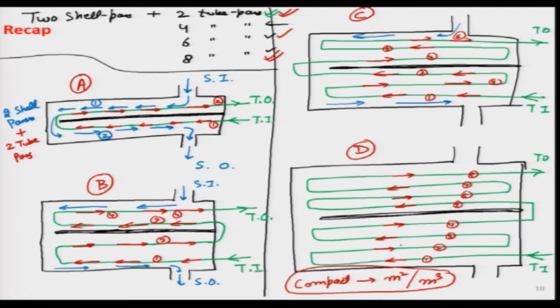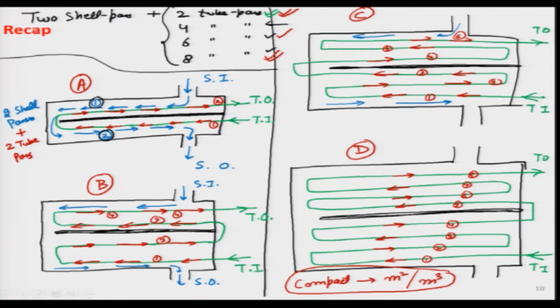Then we wanted to double it, we wanted to look at the 2 shell pass, as shown by the blue arrow over here. The fluid travelling in the shell goes once this way, and then it turns around and goes the other way once. So, 1 plus 1, we get 2 shell passes, shown with the blue number over here. All these 4 cases A, B, C, D are 2 shell passes, and we wanted to see how it would look if I increase the number of tube passes. It is a very simple exercise, but just for comprehension sake we did it. In this case we have 4 tube passes, it goes once over here, once there, and then once over here, then similarly 6, and then finally 8 over here.